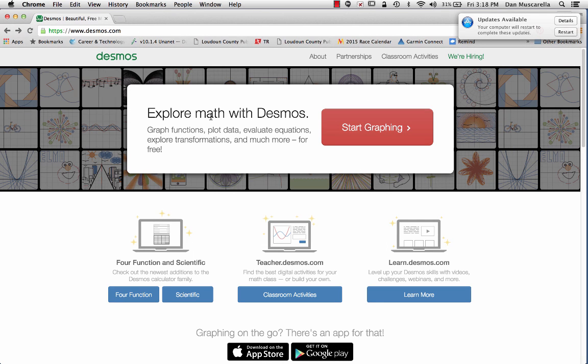Alright, so this tutorial is to help you download your parabola pictures into Desmos and to start your quadratic regression to see which of your pictures you're going to further model. After you log on to desmos.com, you're going to hit Start Graphing,